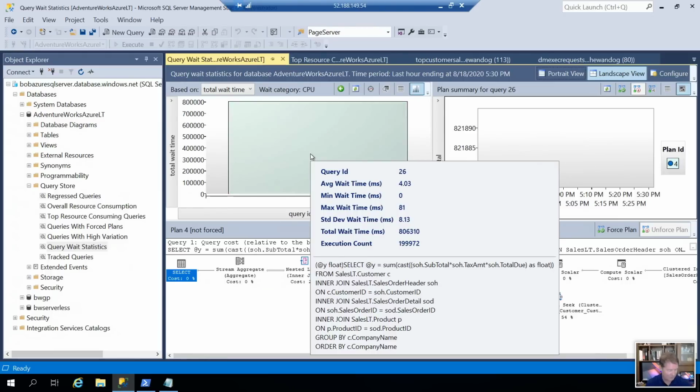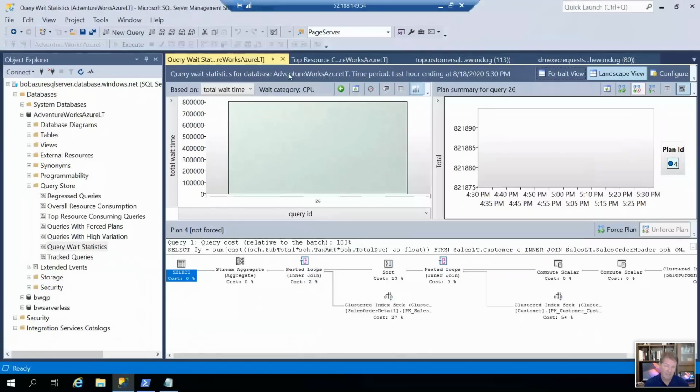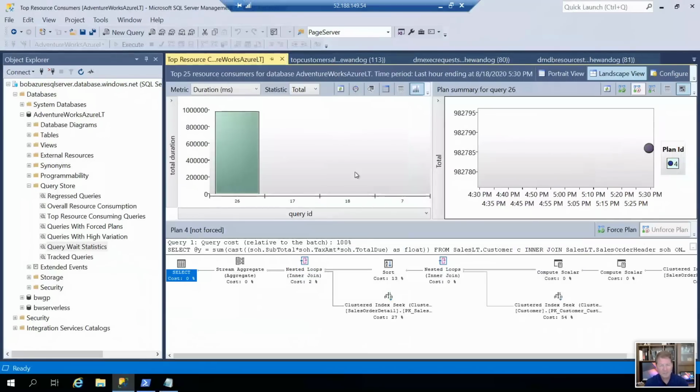Now notice this one, this is interesting. The average wait time for this query on CPU resources is almost the entire duration of the query. This means for a query workload that's CPU dependent, I don't have enough CPUs. I only got 2 of them. That's why you see all these runnable queries, and you see this wait on SOS schedule yield. So this is a way for you to monitor through just SSMS and DMVs to see what's going on.